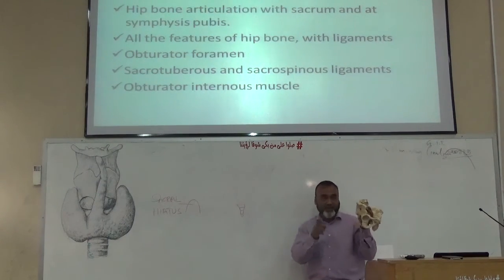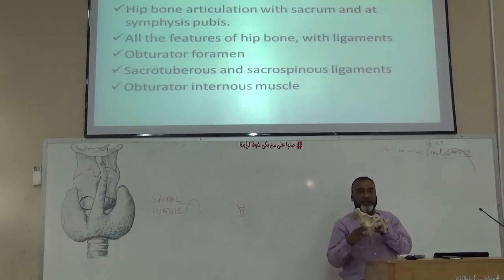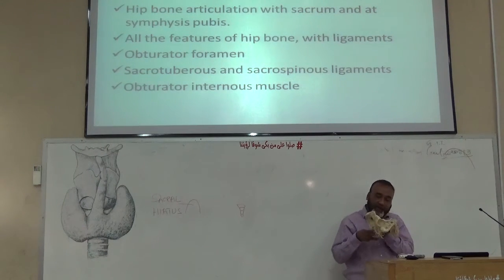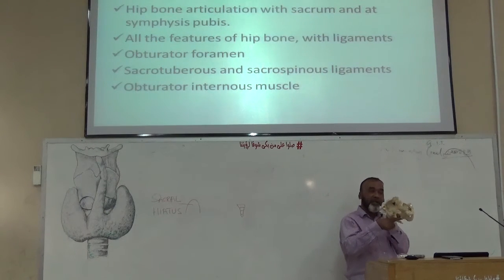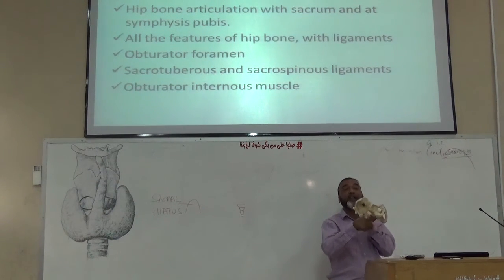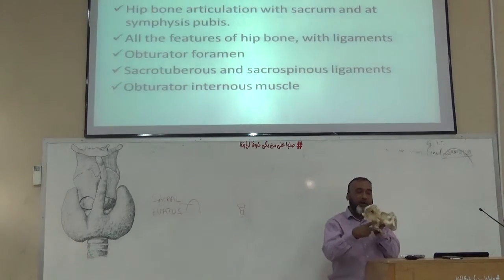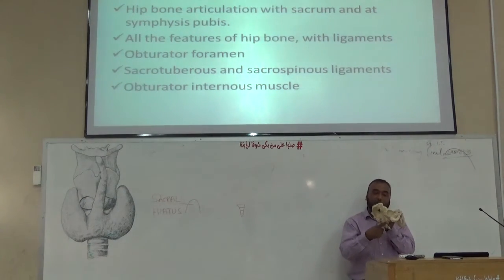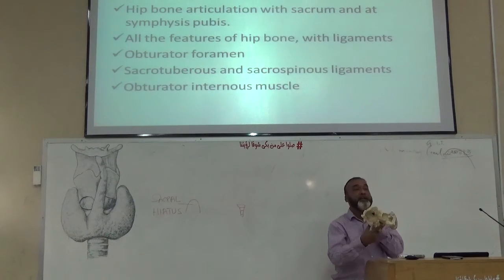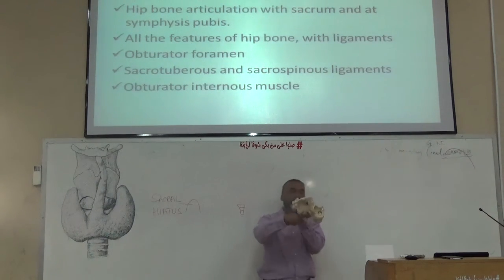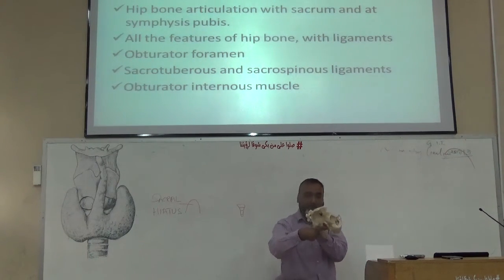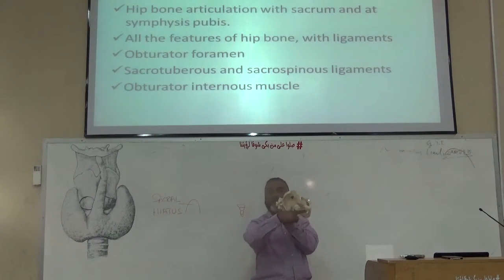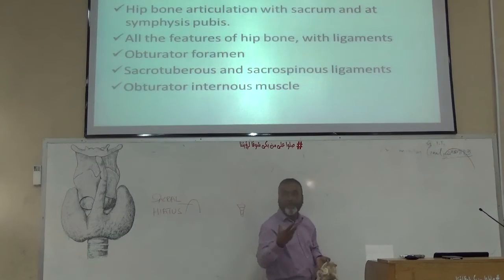The sacrotuberous ligament originates from the lateral part of the sacrum, and then it goes like this. Okay? It goes from the sacrum towards the tuberosity. This is named as the sacrotuberous ligament. One from the lateral mass of the sacrum goes to the spine. This is named as the sacrospinous ligament. Now in this way, this greater is converted into the greater sciatic foramen, and this is converted into the lesser sciatic foramen. So these are the 2 important ligaments.